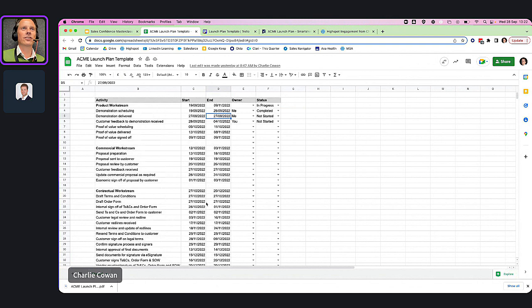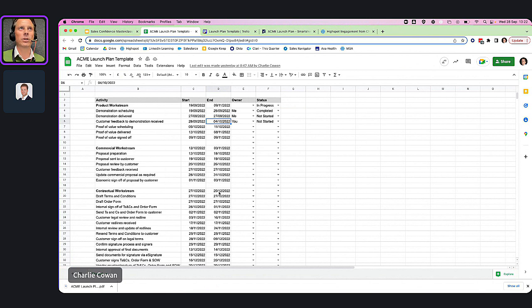It's also very difficult. If we take this example here, it's the 28th of September when the customer's going to start providing feedback to the demonstration that we've done. And they're going to provide that feedback by the 4th of October. What if they don't do that until the 10th of October? What does that do to our plan? Well, it's pretty much impossible for me to do any updating here other than going through all of these and rebuilding this entire plan in my mind.